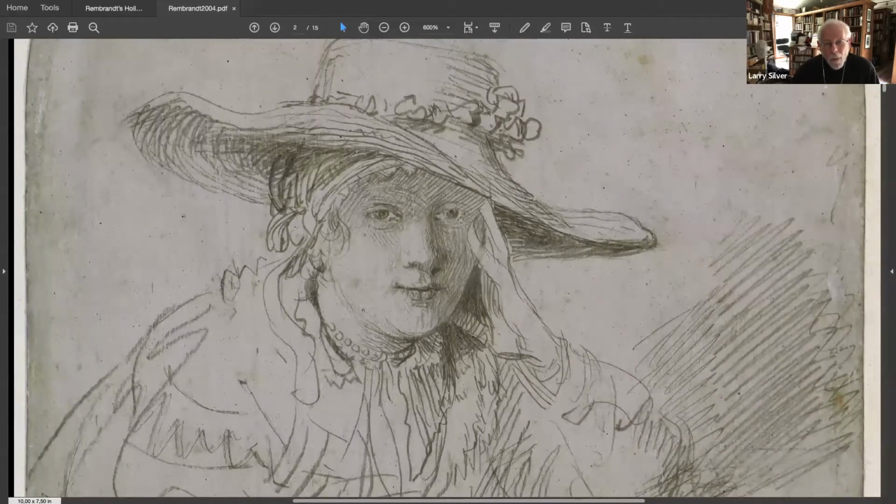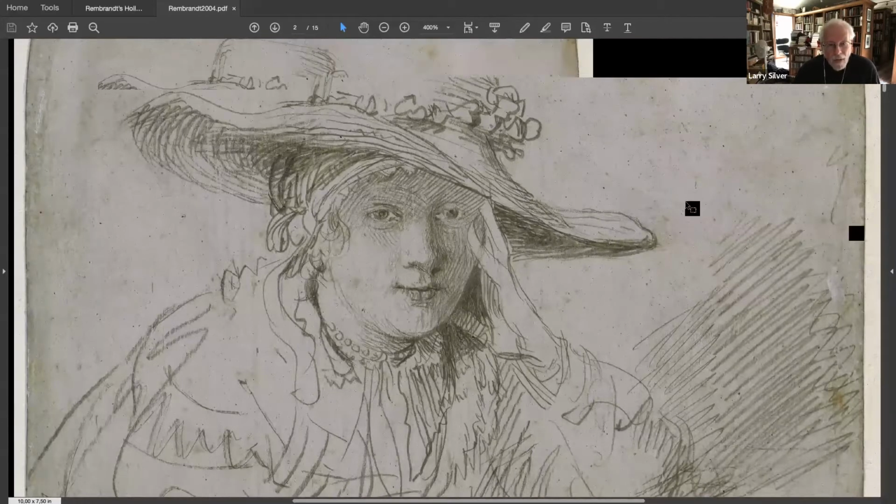Most books about Rembrandt start, or at least focus a great deal, on the self-portraits. And deliberately, I put them toward the end of this book so that they wouldn't overshadow that richer, more connected aspect of his life. But this is a great way to begin, because it shows his extraordinary ability as a young man. At the time he made this, he was a mere 27 years old,